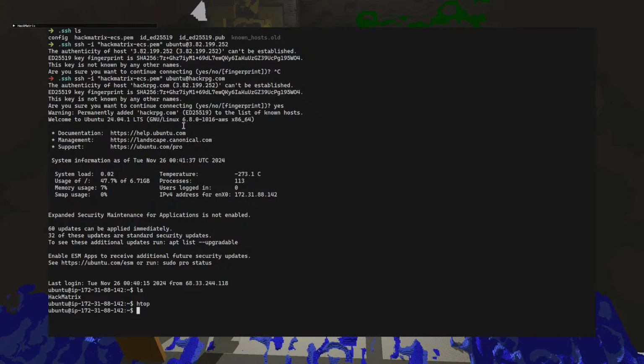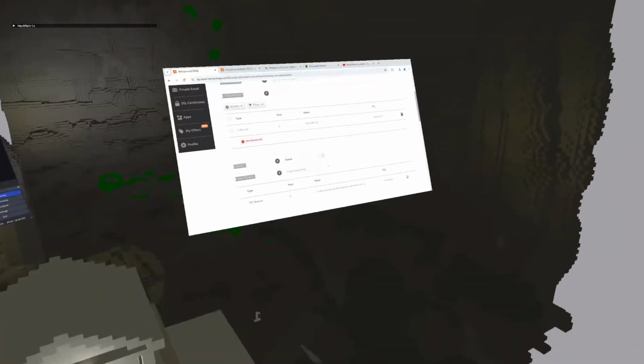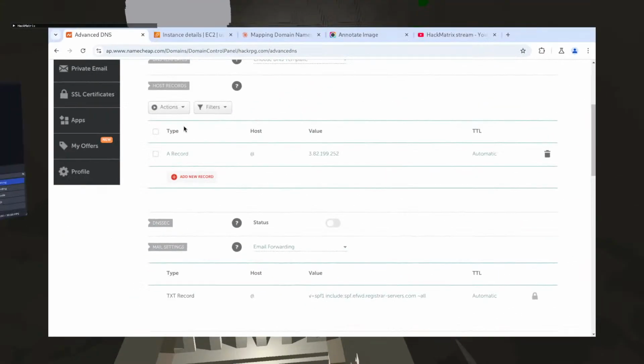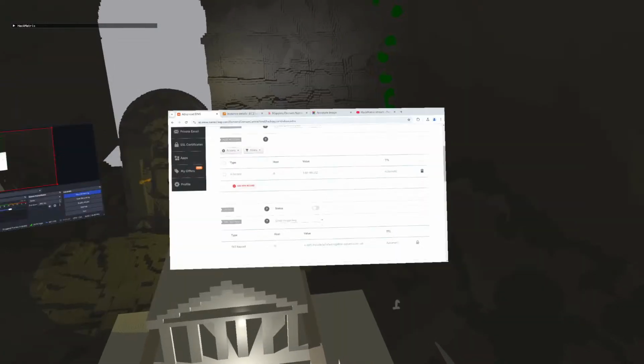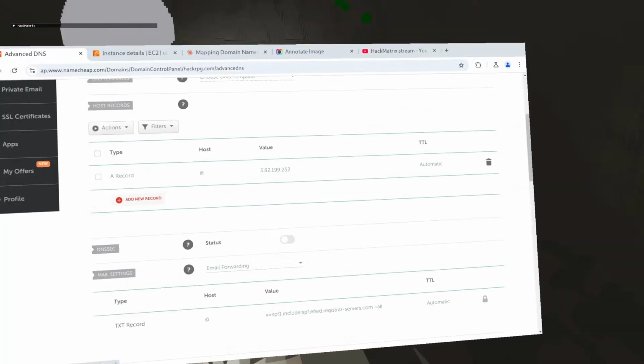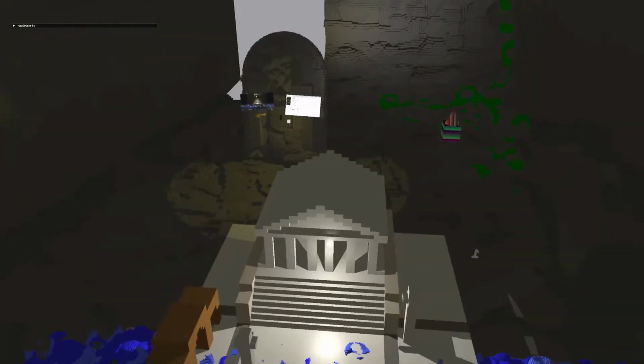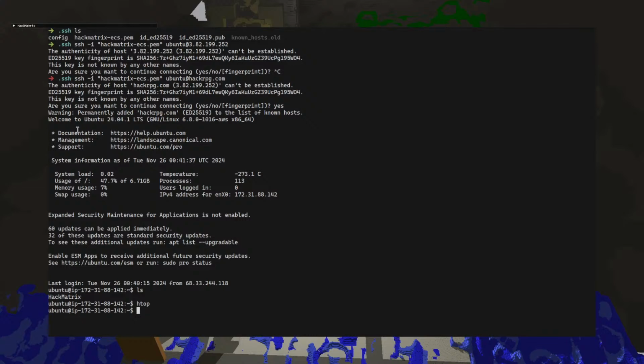Or I need to expose port 1234. I think I can just create a server on 1234. I believe I'm doing that on the host, not localhost.